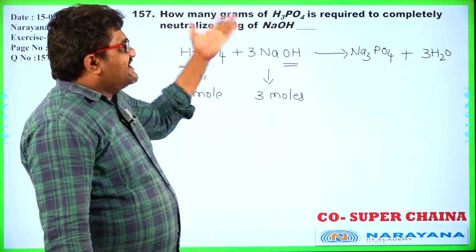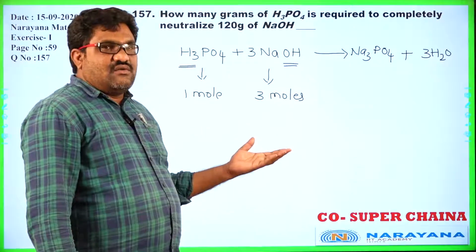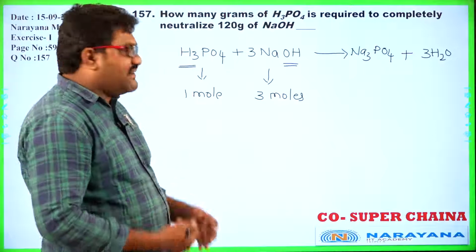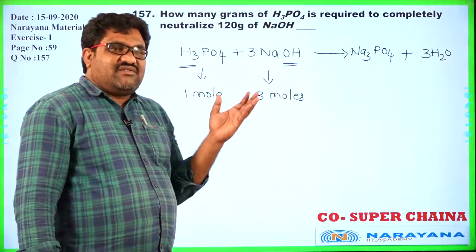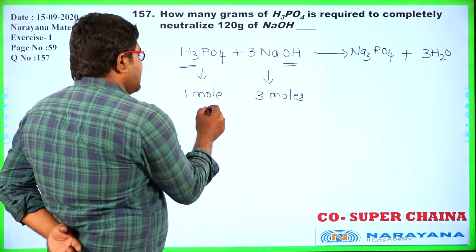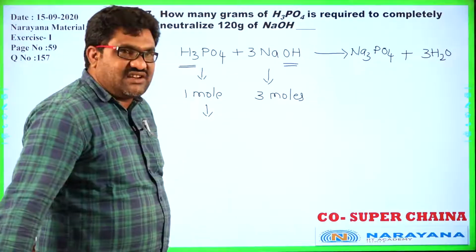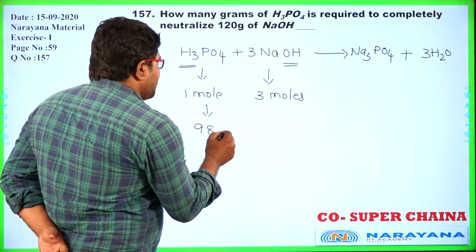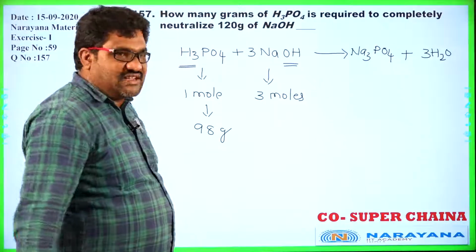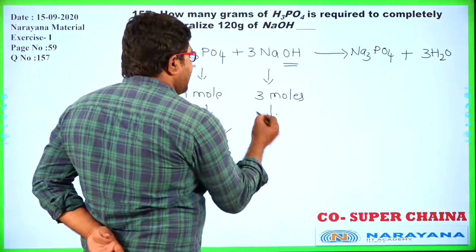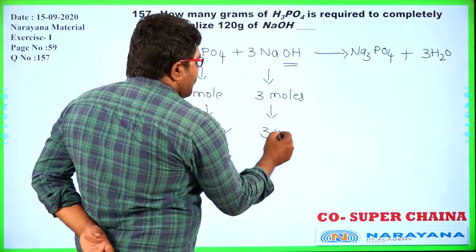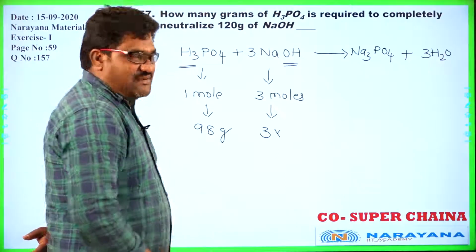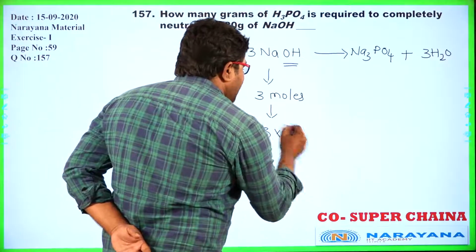So, regarding the weights of reactants, he has asked. Now, I am changing that number of moles into corresponding molecular weights. 1 mole weight is equal to its gram molecular weight. So, what is the molecular weight of H3PO4? That is 98 grams. Weight of 1 mole of molecules is nothing but its gram molecular weight. And here we required 3 moles. And what is the gram molecular weight of sodium hydroxide? That is 40 grams. So, I need to write 40 here.